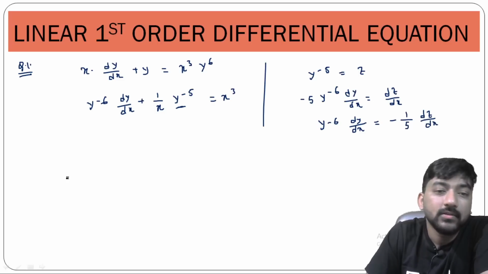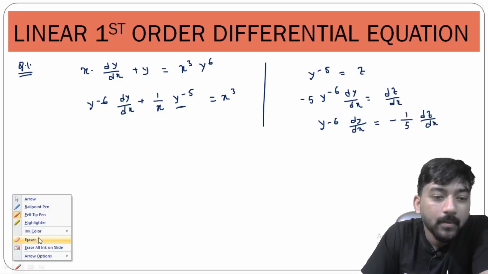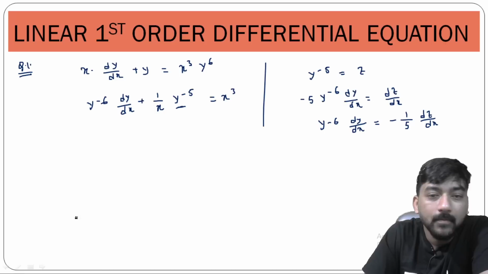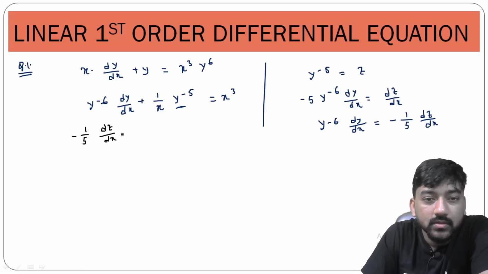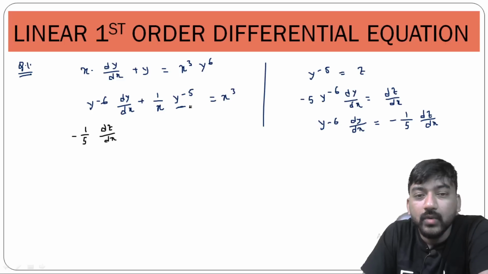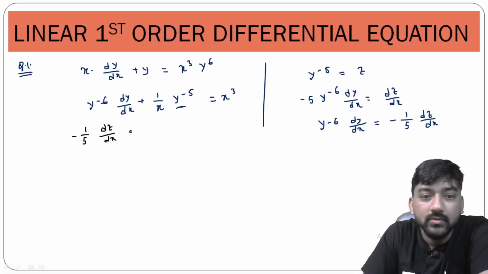So instead of y to the power minus 6 dy by dx, we can write 1 upon 5 dz upon dx, and y to the power minus 5 is nothing but z, so it will be 1 by x into z